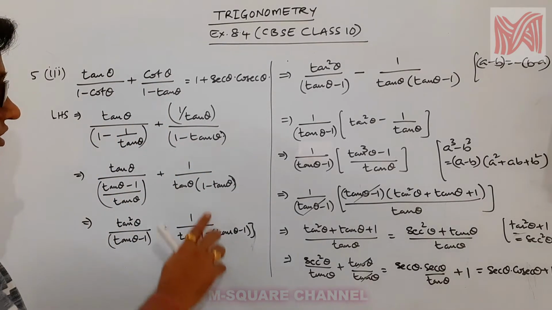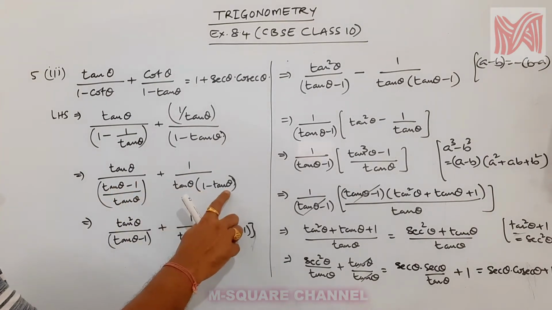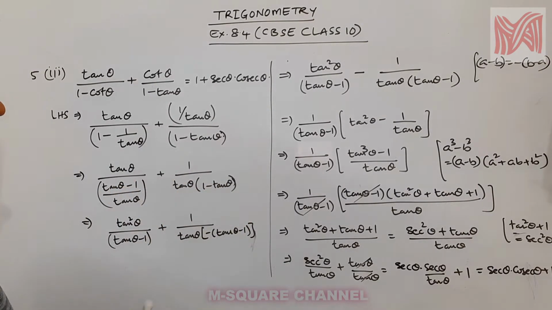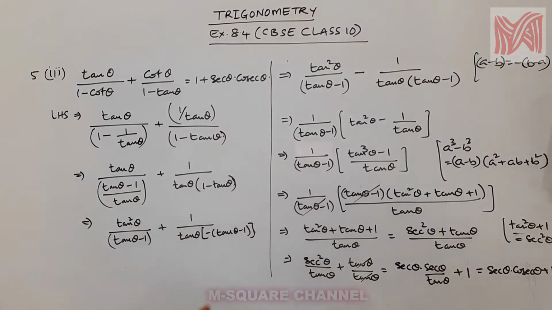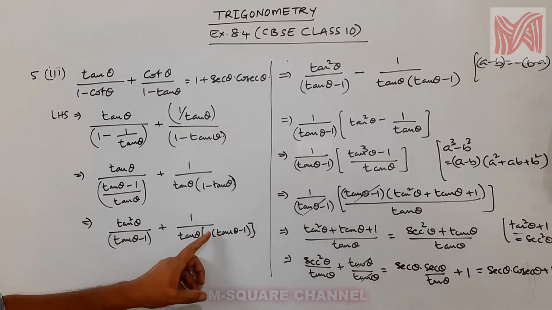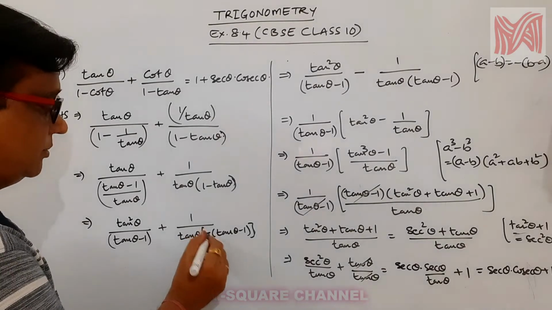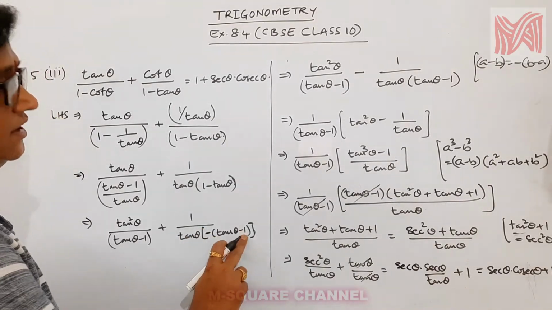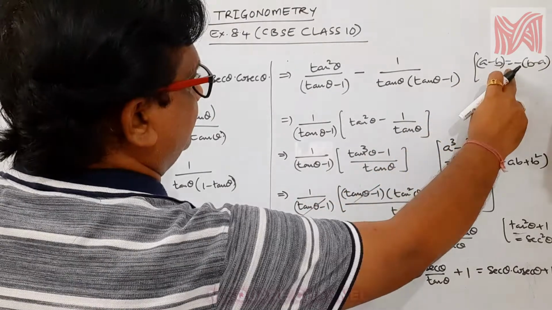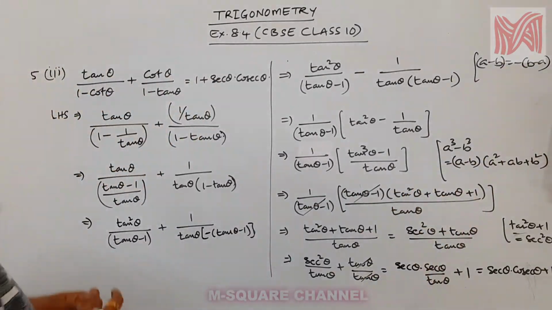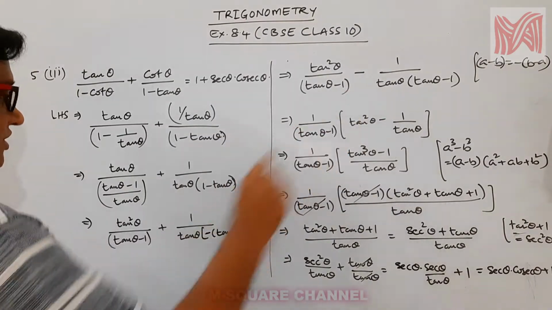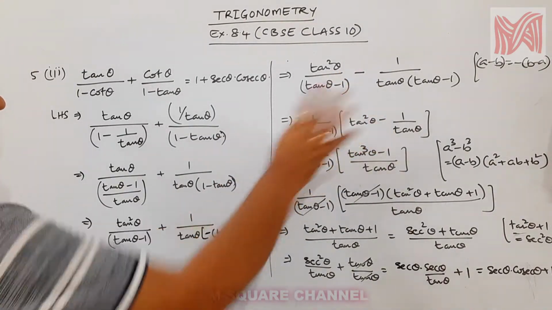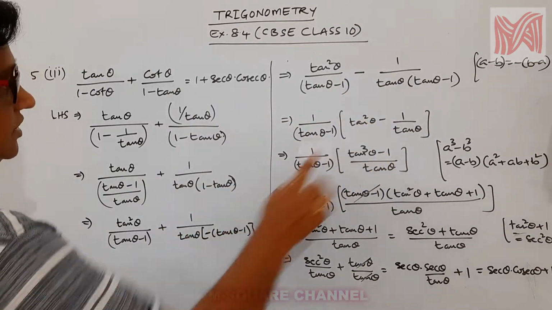After that you see this tan theta minus 1 and minus tan theta, a minus b, b minus a is there. So change this into the same version. I want a minus b or b minus a. So that is minus, we are going to take common. So minus of tan theta minus 1, because a minus b can be written as minus of b minus a. So minus into plus, this is the crucial step, sir. The main step is these two. So plus into minus, minus.